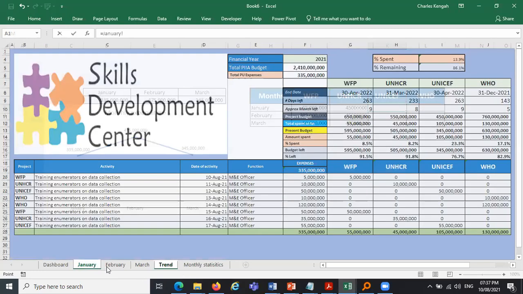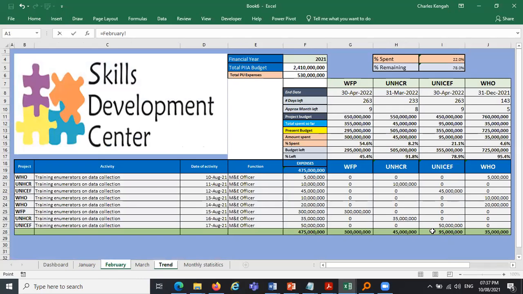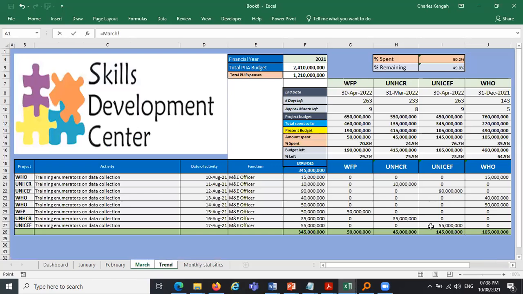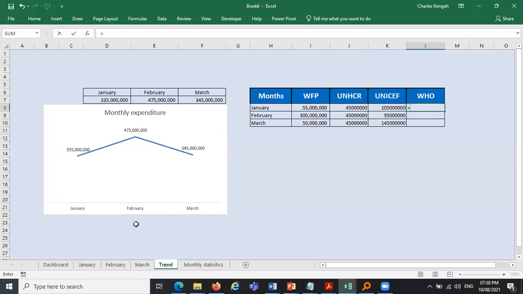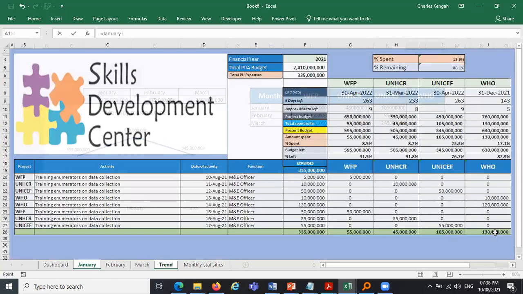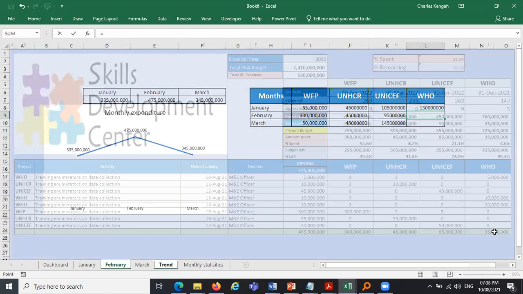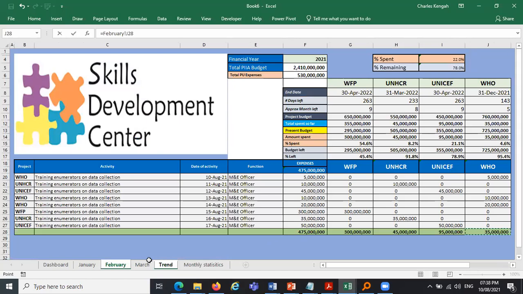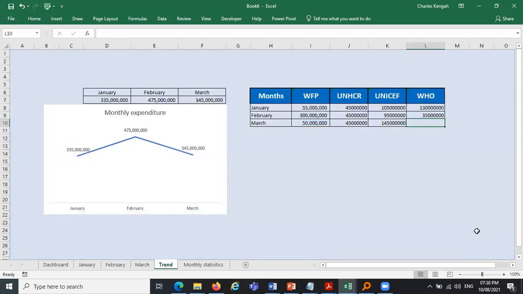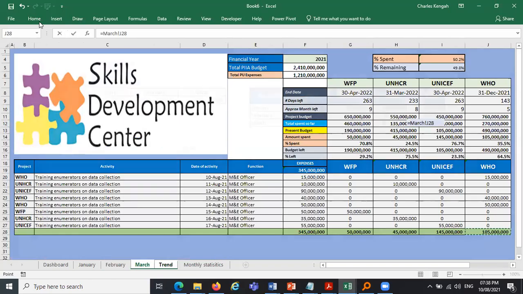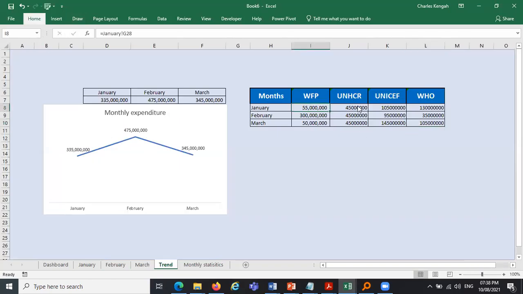February UNICEF, this is it, total spend. Enter equals to March UNICEF total spend. Enter. Then for WHO we put equals to January WHO total spend, equals to February WHO total spend, equals to March WHO total spend. So I can click now here, use my paintbrush to make the other ones have the same